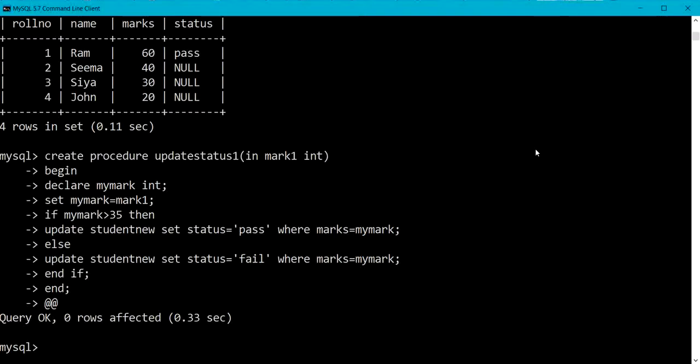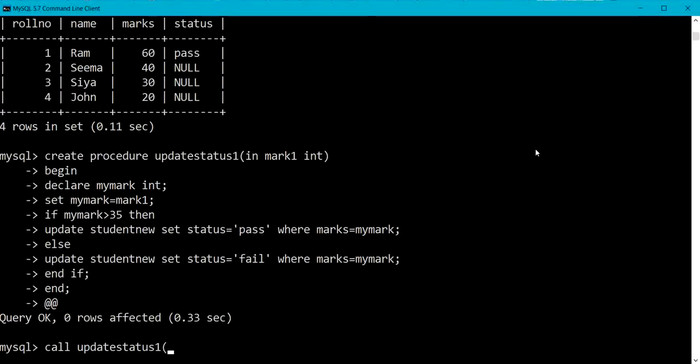Now we need to call that procedure. So while calling that procedure, I need to specify the word call. So here I am using the word call and then the name of the procedure. So the name of the procedure is update status 1, and we are passing here one input parameter.